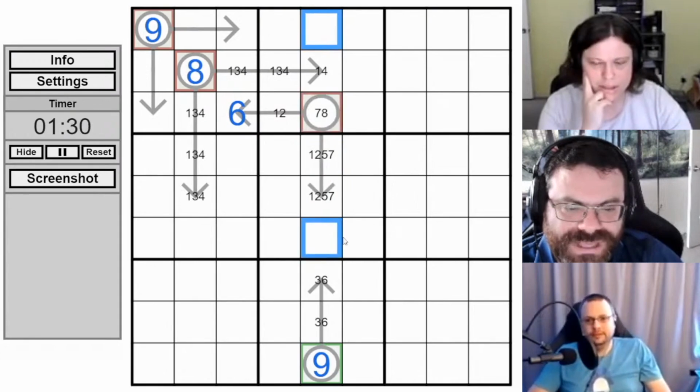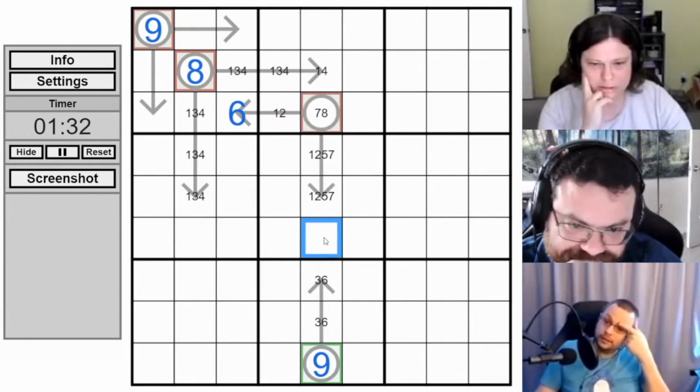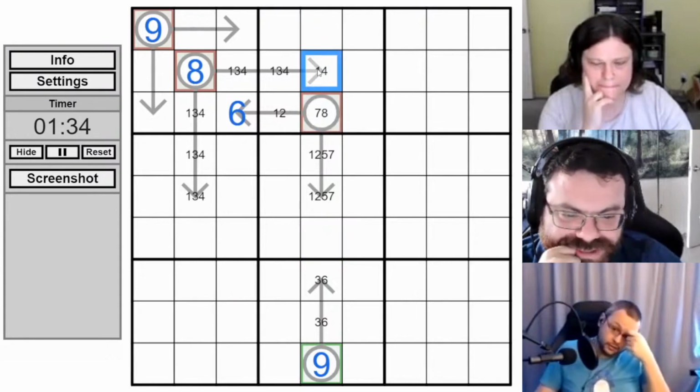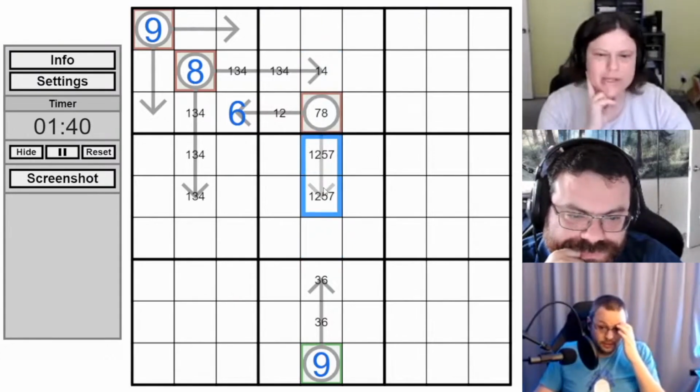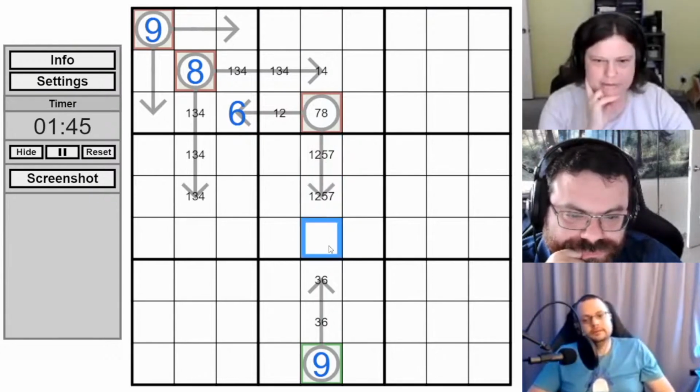Now, this was somehow a 1 or a 2, though. And we got a 4. We want to know why we get the 4. Well, we need to know why it's a 1 or a 2. Once we know why it's a 1 or a 2, then we know why that's a 4, because you have to have 1, 7, or 2, 5 there.